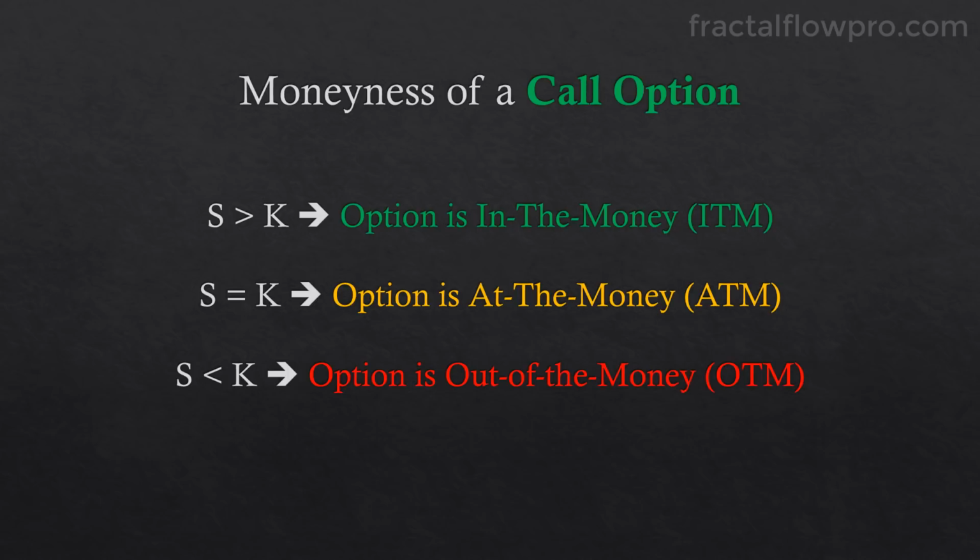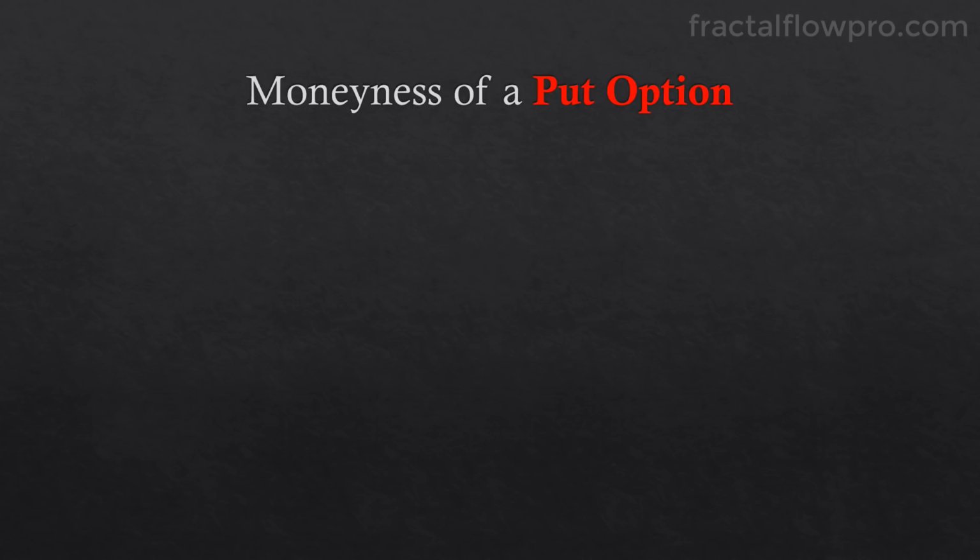If S is lower than K, the call option contract is out of the money. With put options, we are dealing with the right but not the obligation to sell the underlying stock at a fixed price in the future. Therefore, the put option contract will have intrinsic value if the underlying stock price is below the strike price of the option. For example, if you have a put option with strike of $100 and the underlying stock price is